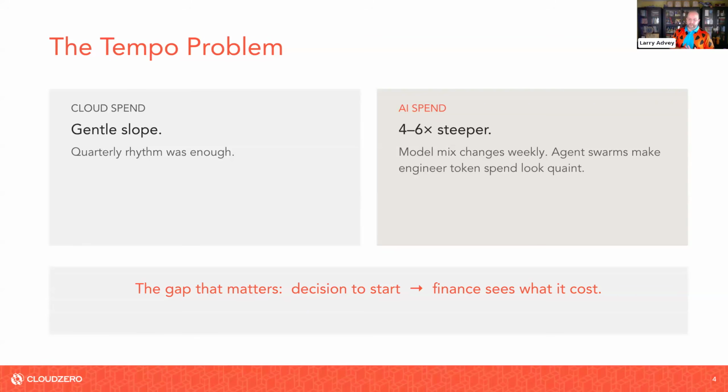And at the end of the day, the gap that matters is, finance sees what it costs, but there's a decision there that I think everybody's made for the most part. And talking to dozens and hundreds of people over the past several months about this, very few have dipped their toes into this, this being AI. Very few are not dipping their toes. So very few are saying, oh, we just got a select number of people not doing it, whereas everybody else is go, go, go, go, go because of this ROI or value that gets produced from